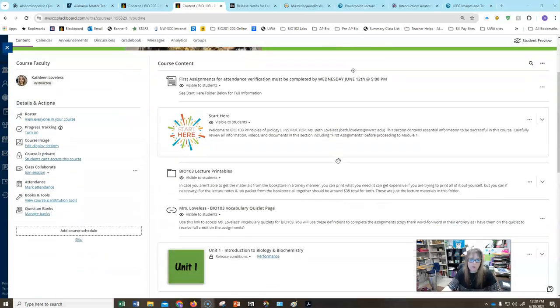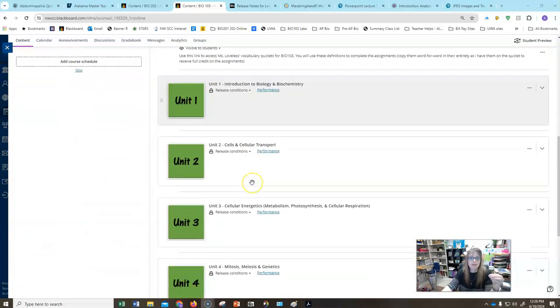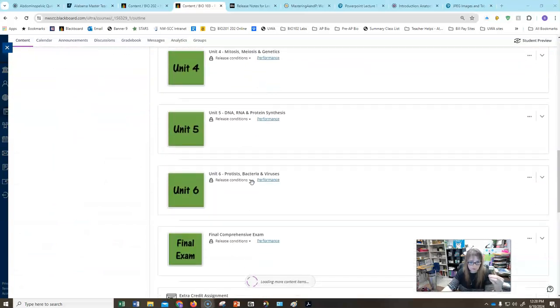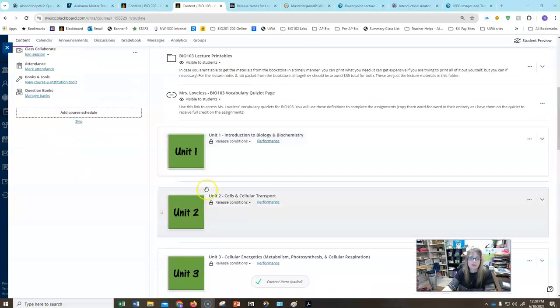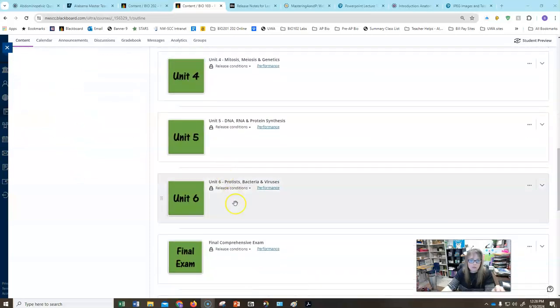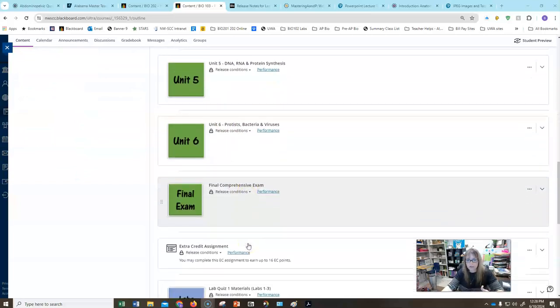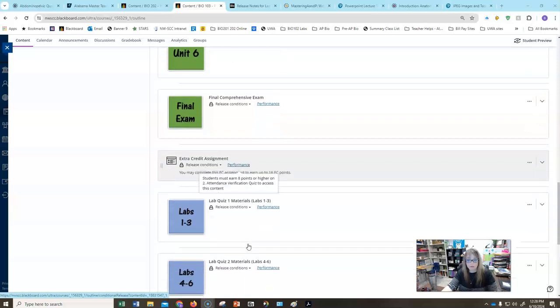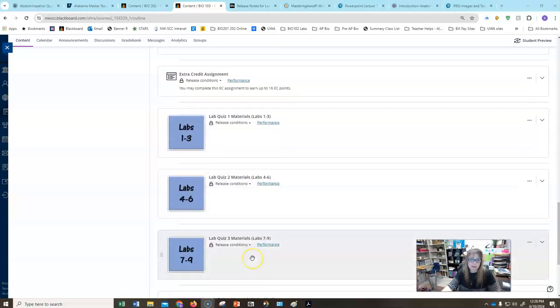Okay, I have now pulled up, once you've completed those first assignments, you now should see different unit folders. So the lecture materials are shown here in green. So there will be units 1 through 6 and the final exam, and then keep going because your lab materials are at the bottom. So labs 1 through 3 are in this folder, labs 4 to 6, 7 through 9,